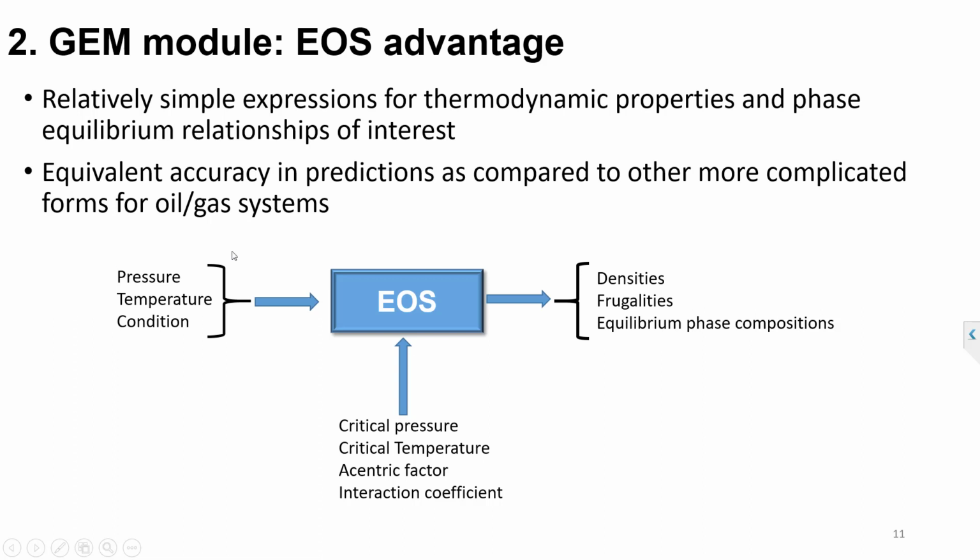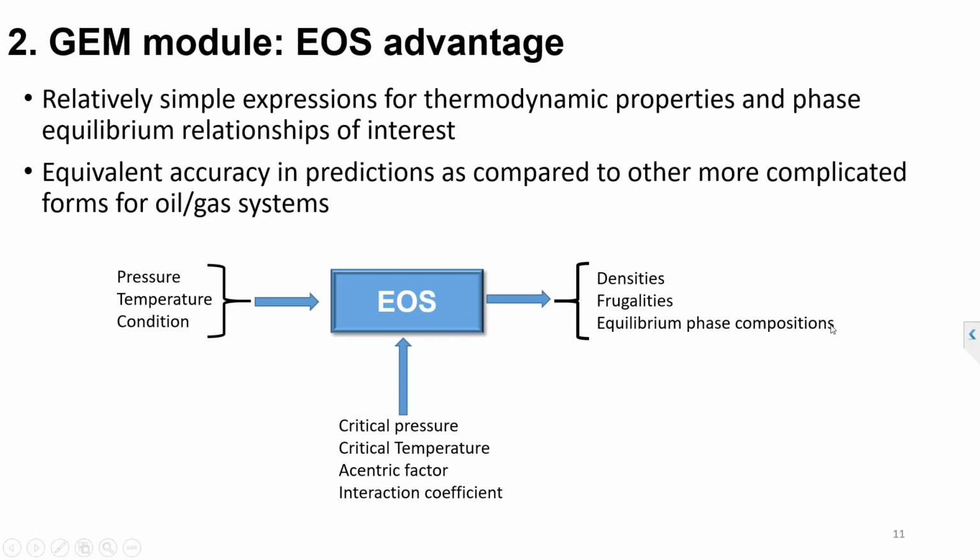In general, it is an accurate, more sophisticated, but less rapid form of PVT model for oil and gas systems, and its objective ultimately is to work out density, viscosity, and equilibrium phase composition